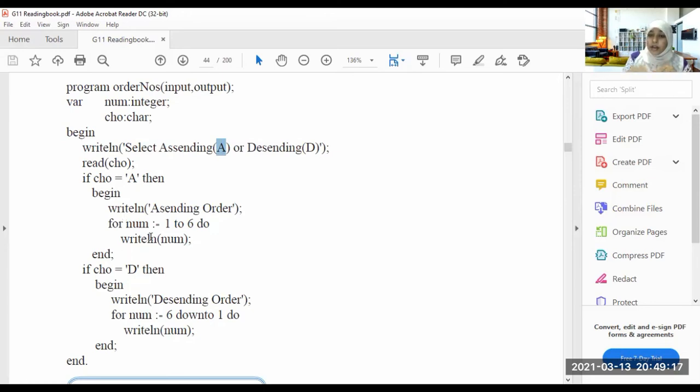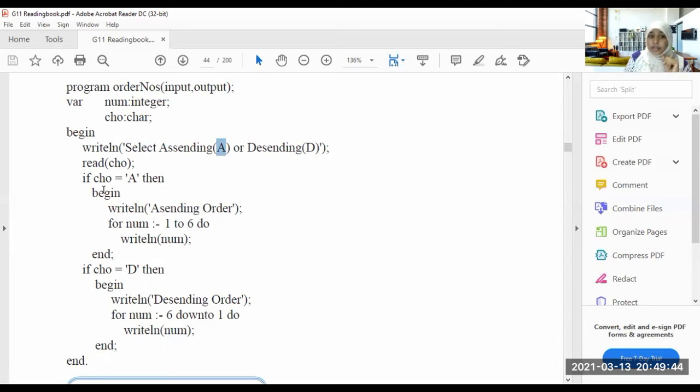For number 1 to 6, do writeline number, end. If cho is D, then begin, writeline descending order. For number 6 down to 1, do writeline number, end, and end.